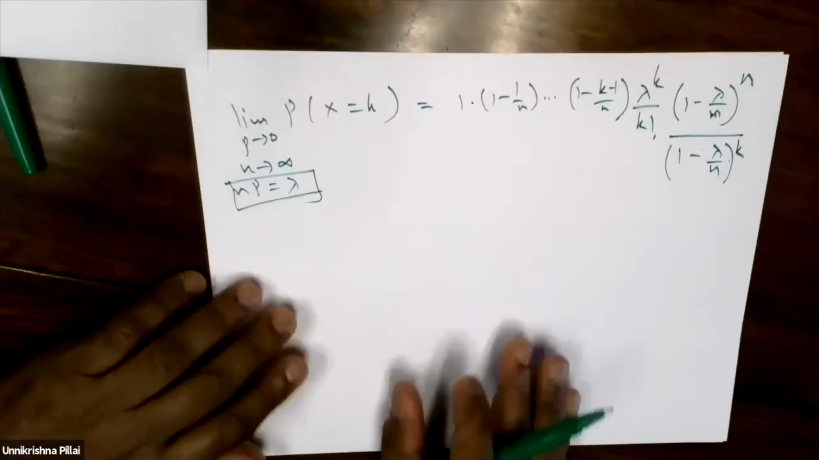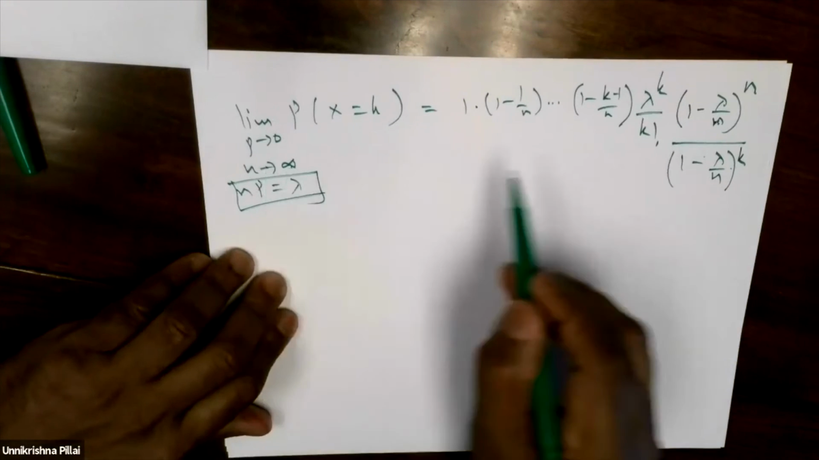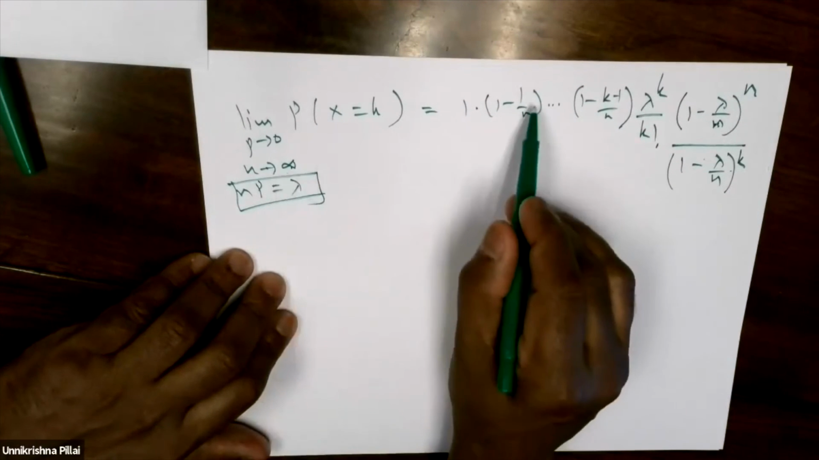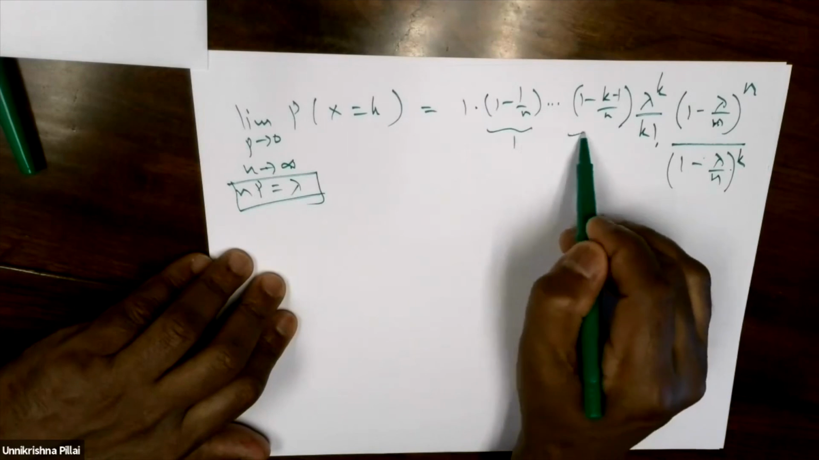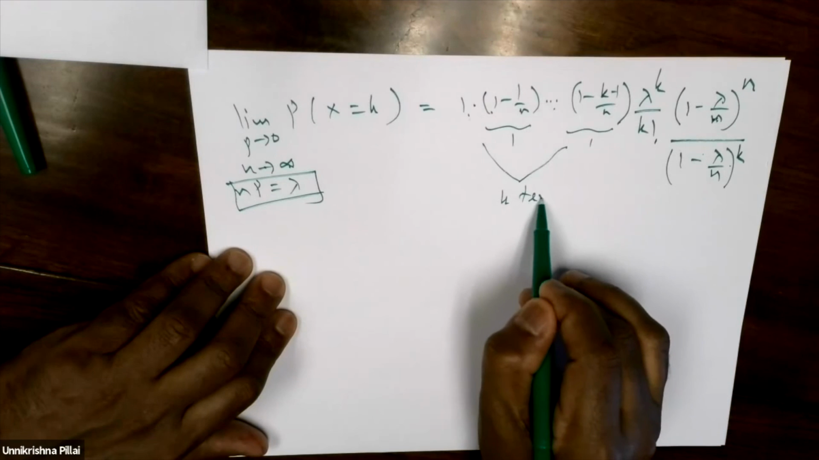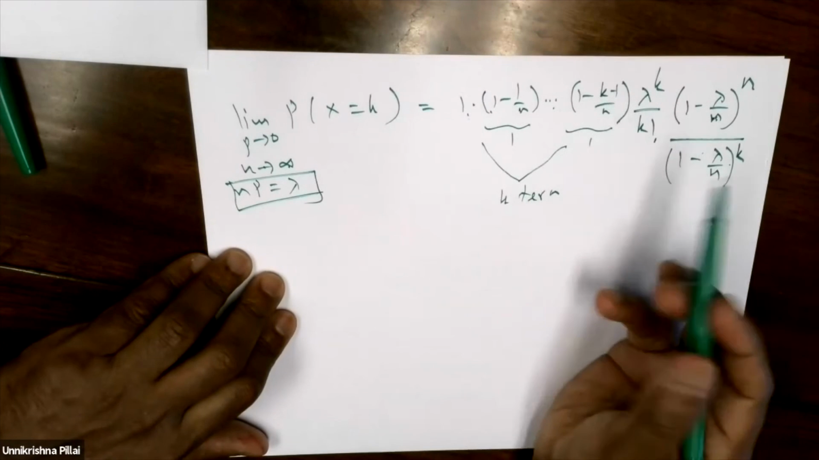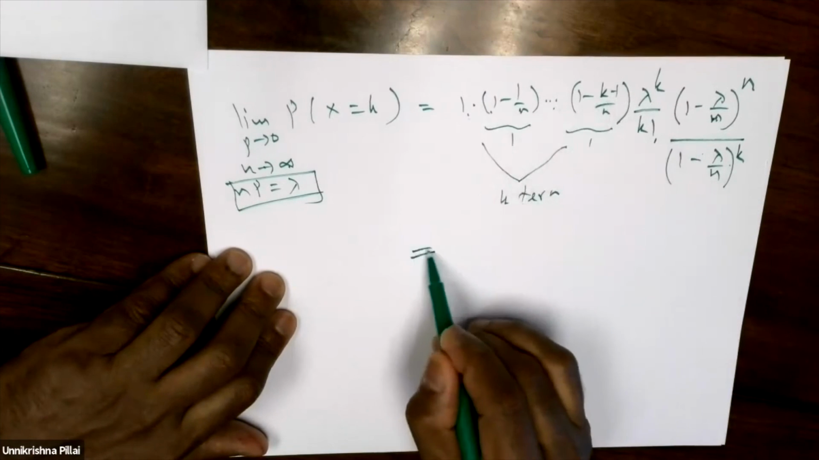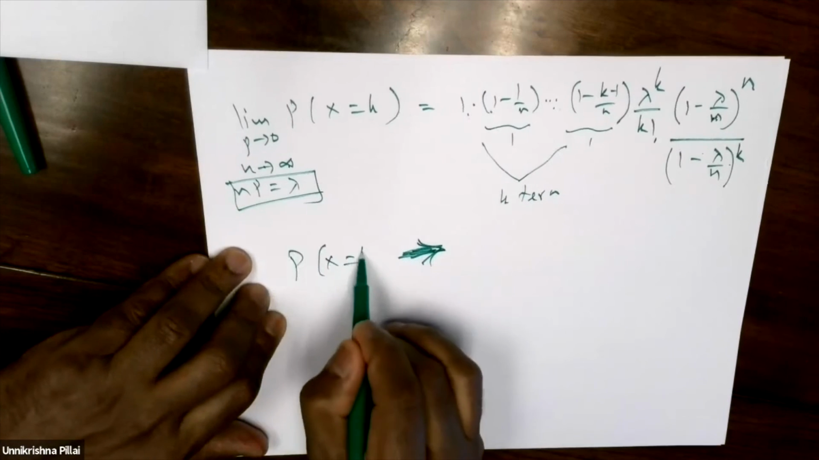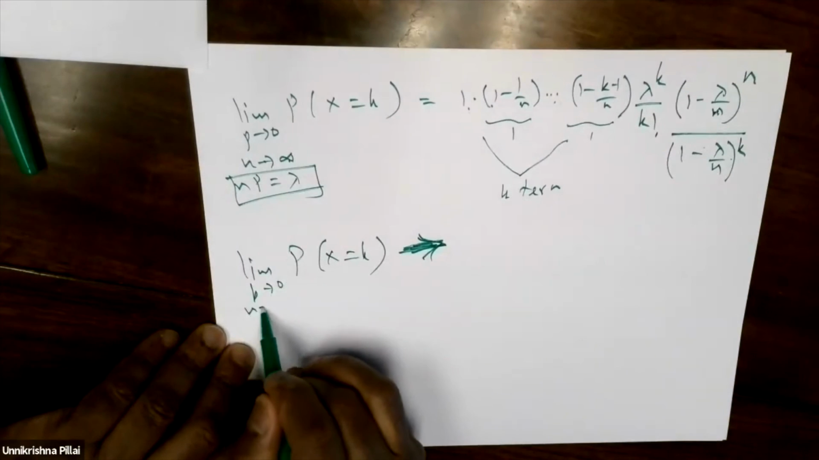Now let's look at it carefully. Now I'm going to push n to infinity. Look at the right side: there is no p. When I push n to infinity, all of this will become 1. The key is that there are only k terms here, not infinite terms, k terms. So 1 multiplied by 1, etc., will be 1. So this will go to 1. So the probability of x equal to k tends to, in the limit p tends to 0, n tends to infinity,